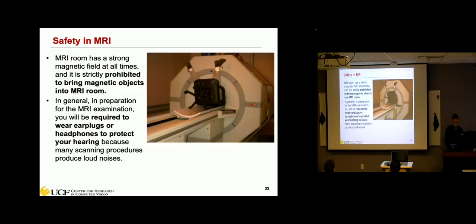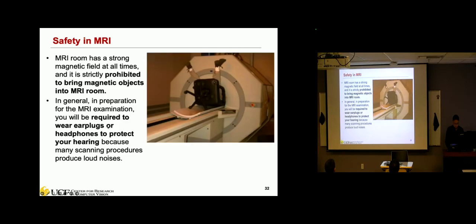Safety is very important in the MRI operation room, not just for the patient but also for any personnel in the room. Because the MRI room has a strong magnetic field at all times, it is strictly prohibited to bring magnetic objects into the MRI room. So you have to remove all these items before you go into the MRI examining room, okay?